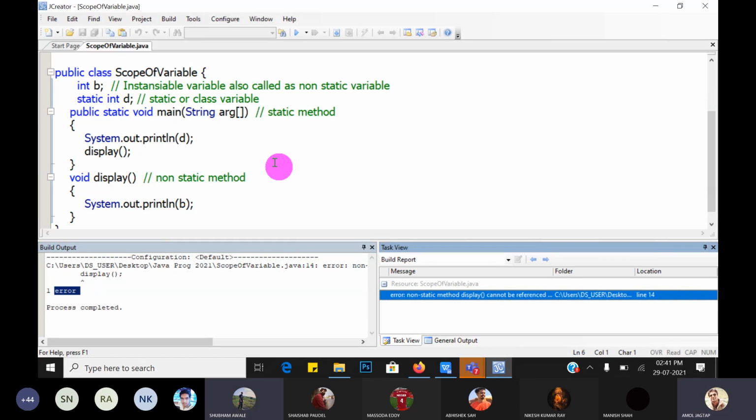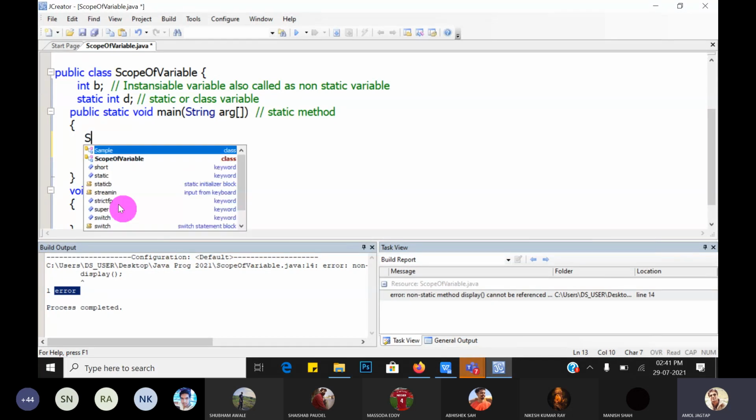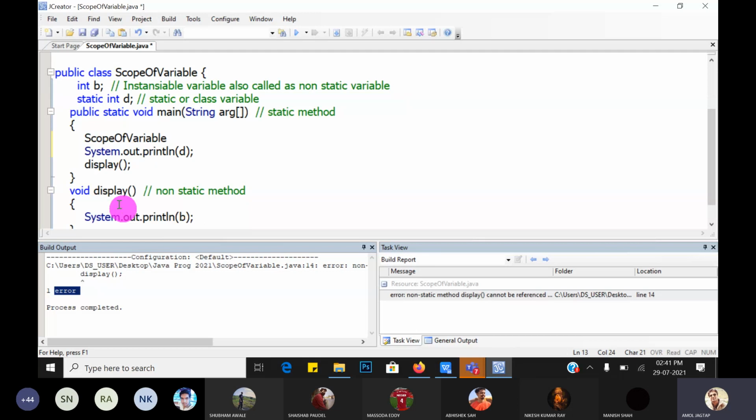Great. But is there any other way to call this method display inside the main? Yes, we can call it. What is the rule? What is the concept? You can create the object of that particular class. So scope of variable, create the object.